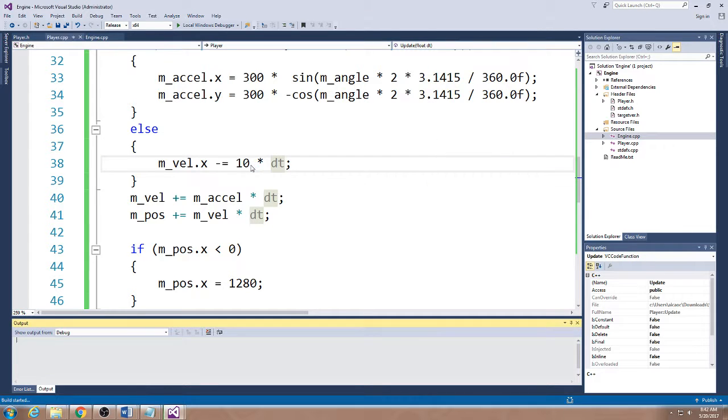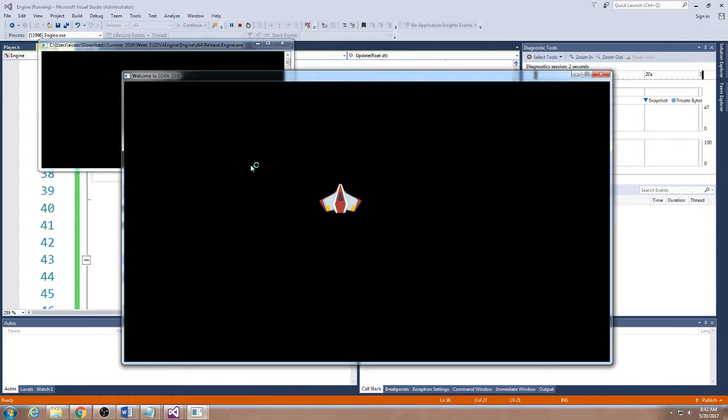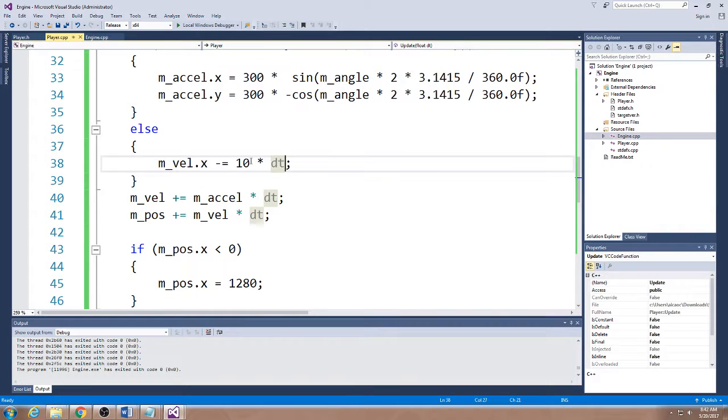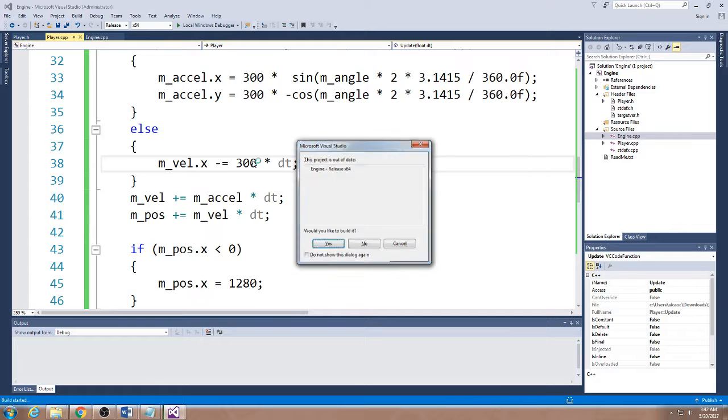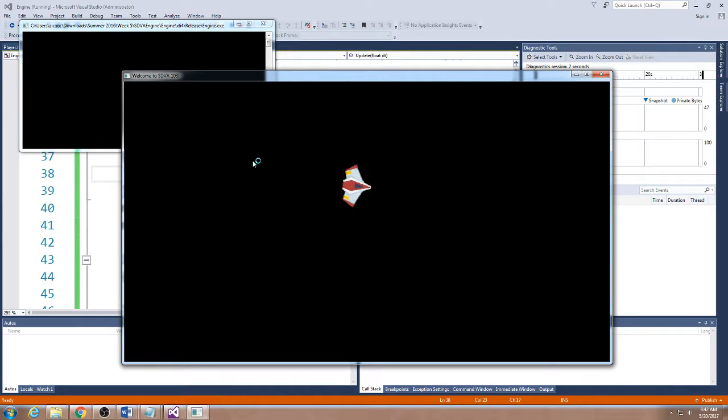If I multiply this by dt, I'm moving my ship actually. I'm actually trying to move this way, and my ship is actually going to be decelerated. Let me crank this up here. What if I took this velocity and just subtracted 300 from it? Watch, I'm getting pulled to the left here. See how my ship is actually going backwards here? Gravity. But you can see the movement here, right? Right before it starts going the wrong direction, it actually does look like it's slowing down. Like if I'm going this way here,